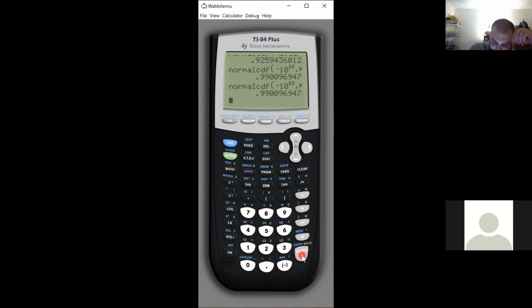0.9901. So we get the probability that Z is less than 2.33 is equal to 0.9901. And that's how we find the probability for that. Cool. All right, so if you're getting a syntax error, I'm probably like 99% sure